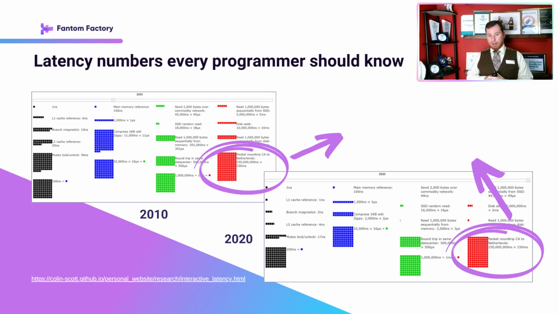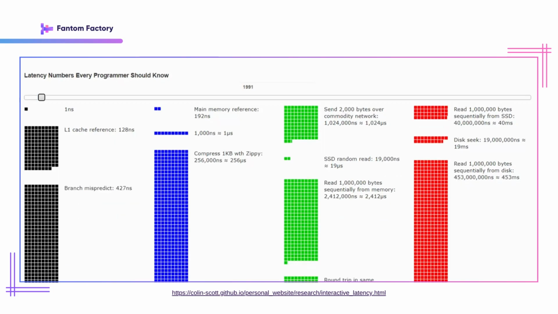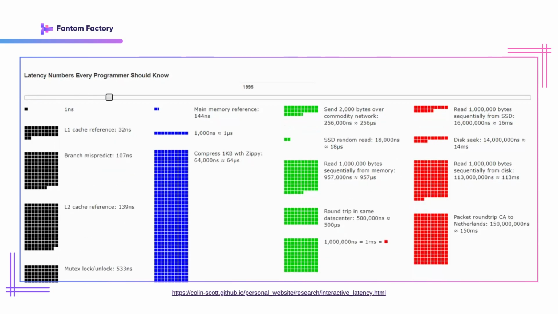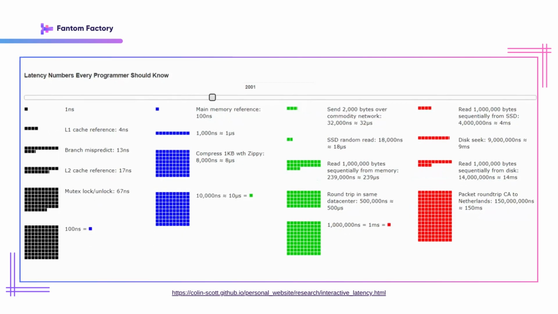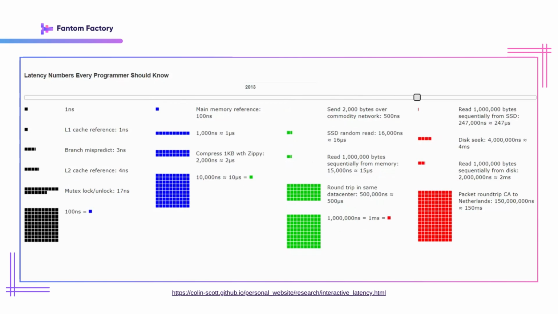a 20-year period. So here are those numbers changing over a 20-year period. As you can see, as you might expect, as time goes on, all the numbers get less and less and less as computers speed up and speed up. But note the two numbers that don't change here, there at the bottom. They're to do with network overhead.